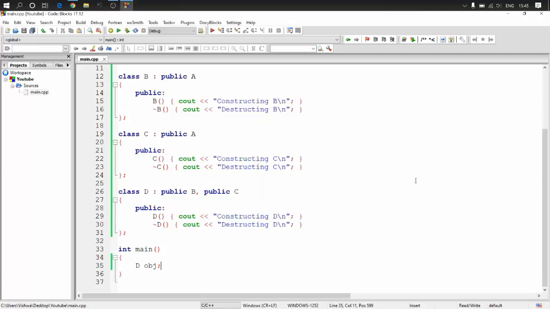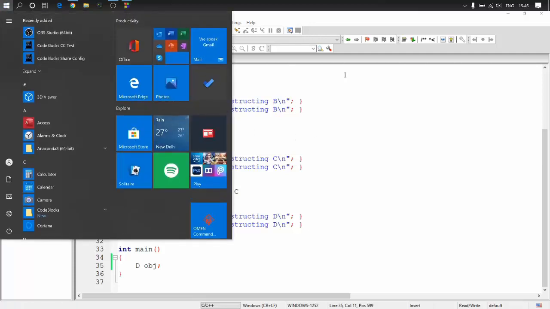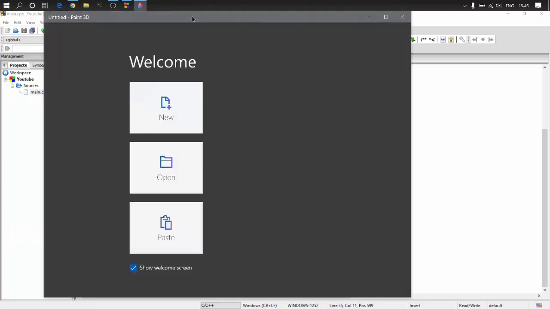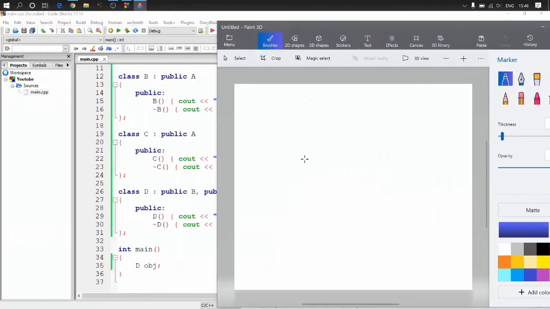Now the problem is, if I try to touch A, from which path should I go? We'll just quickly draw that. So go to Paint here, and we have A. You have 2 classes, B and C, like this.